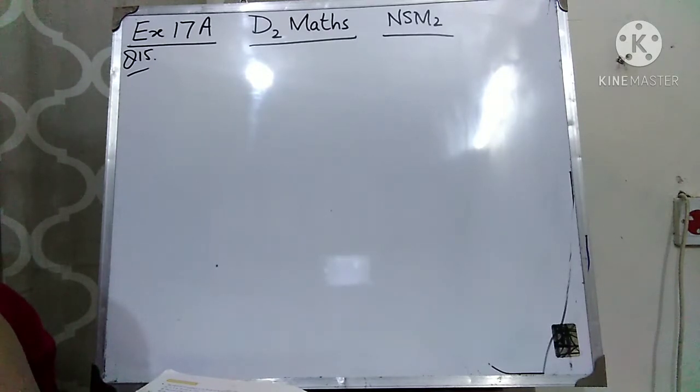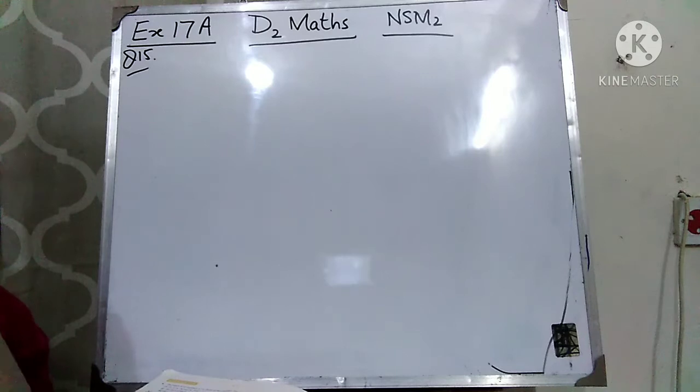Okay students, the question is: the speeds in kilometer per hour of 100 vehicles are recorded. Here the table is given in which the speed and the number of vehicles are given. In part 1 you have to calculate an estimate for the mean speed of the vehicles. And in part 2 you have to find the ratio of the number of vehicles which travel at a speed of not more than 40 km per hour to the number of vehicles which travel at a speed of more than 60 km per hour.